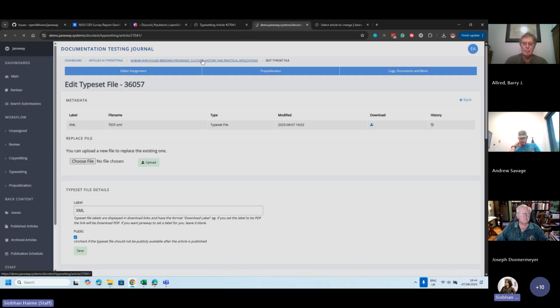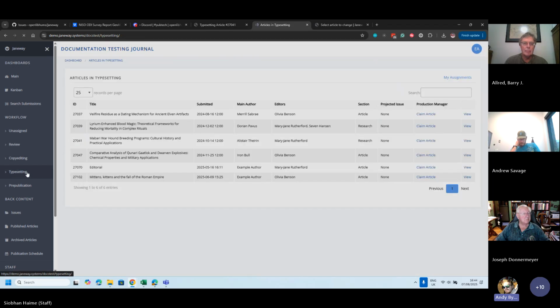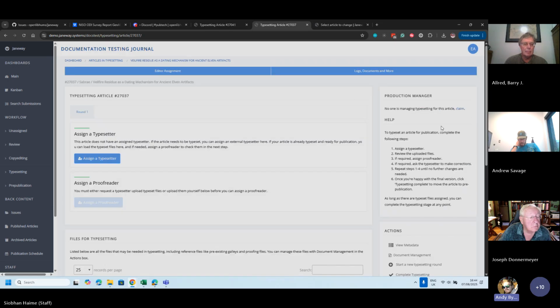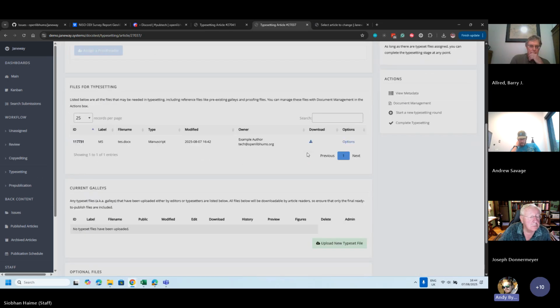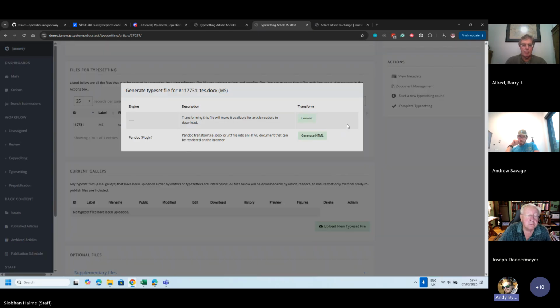So, Siobhan, if you jump over onto article 27037, which is also in typesetting, the one you were looking at before. Yes. So on this one, I've loaded up a Word document and enabled the Pandoc plugin. And so what Janeway is also capable of doing is generating the galleys for you, so you don't have to do it manually and upload them. Sometimes you need to tweak the manuscript file before you do it, but we have a generate HTML option. There's also a generate PDF option, which isn't displayed on this test server, but will be on the live one for you. If you click on that,